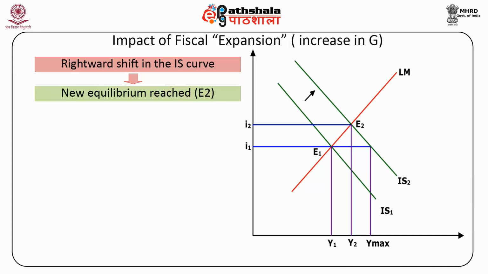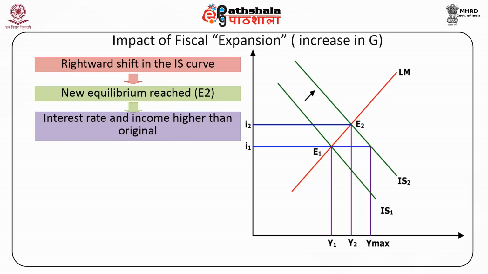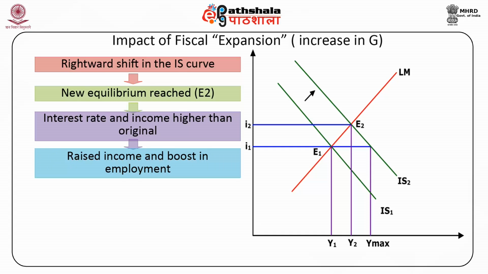The new equilibrium is reached at point E2 where the interest rate and income are higher than at original equilibrium E1. So, expansionary fiscal policy raises income and boosts employment, but the interest rate rises as there is